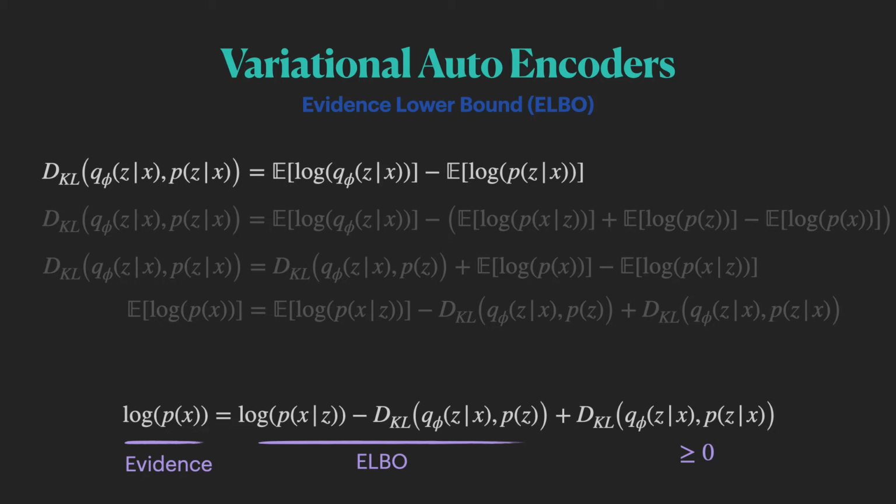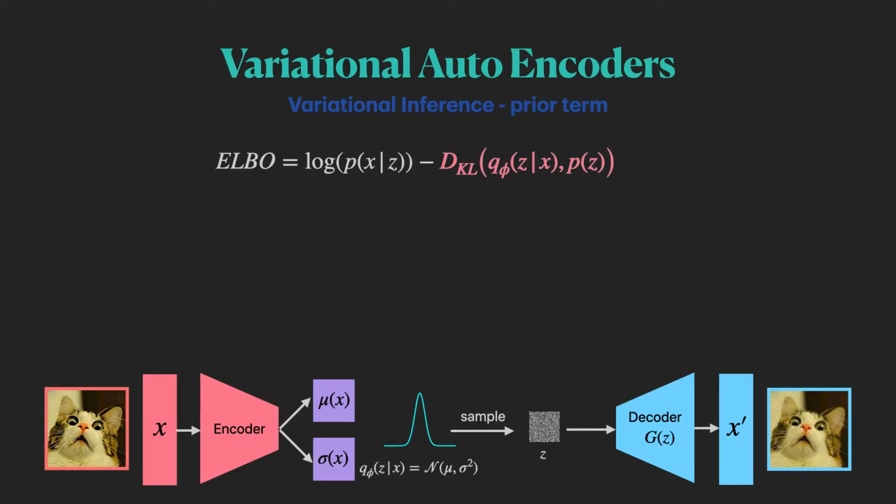The ELBO has two terms. The first is an observation term, and we'll see how this relates to our reconstruction loss. And the second is a prior term, and we'll see how this relates to our regularization term. Let's start with the prior. The prior relates to the